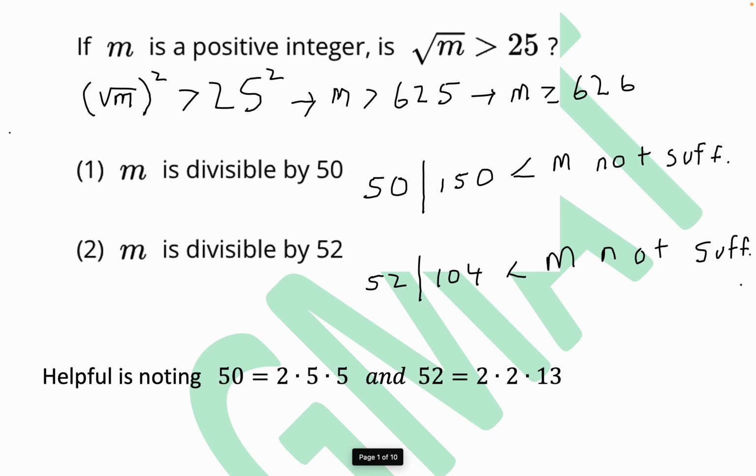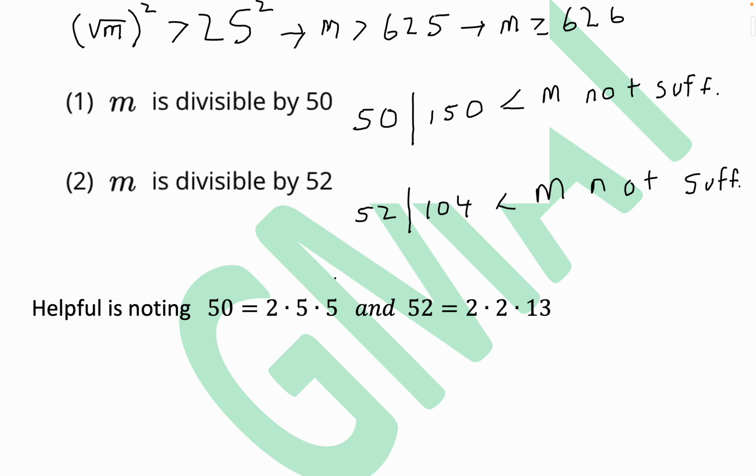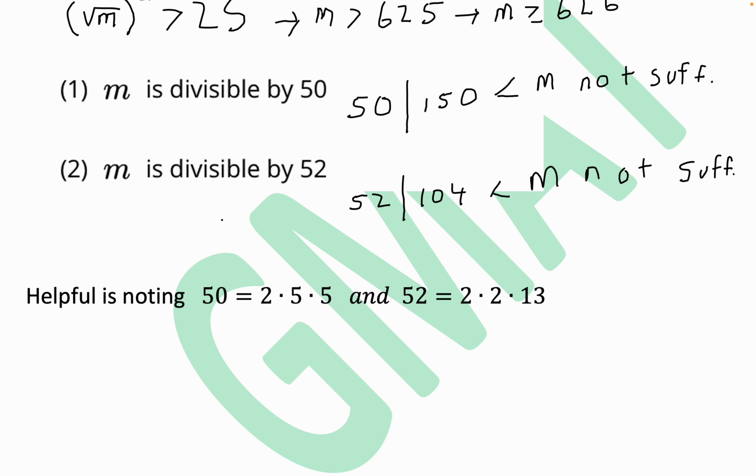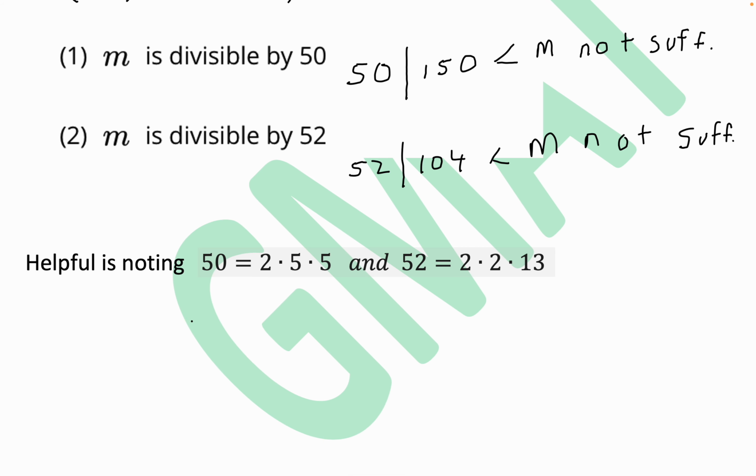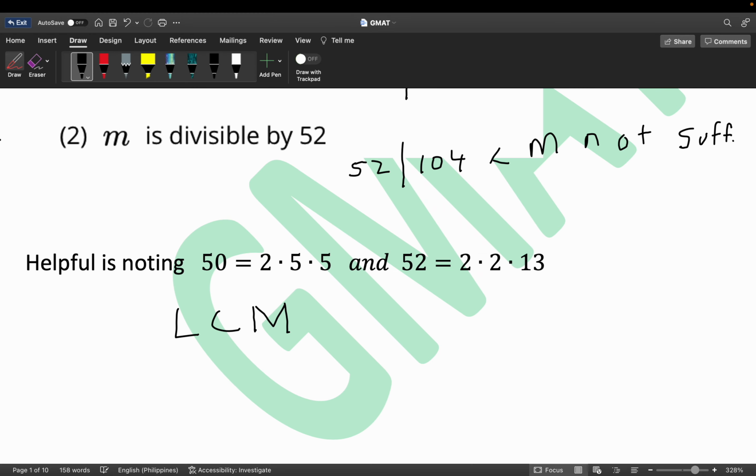Okay. Now let's see, what we want to do is do some work that would help us out with regard to what happens if both are working together. What if both conditions prevail? Now it turns out it's useful to write what we call the prime factorization, because it allows us to compute very conveniently something called the least common multiple. Let me write that down here. So the LCM, the least common multiple, the smallest number that is a multiple of both 52 and 60,